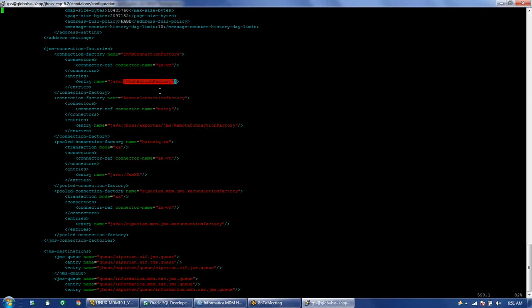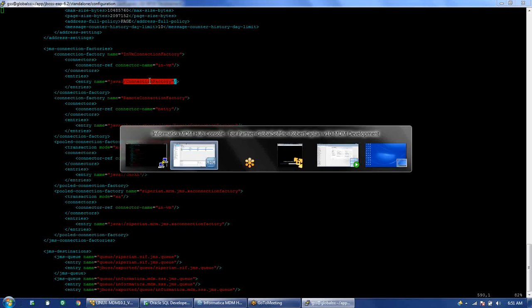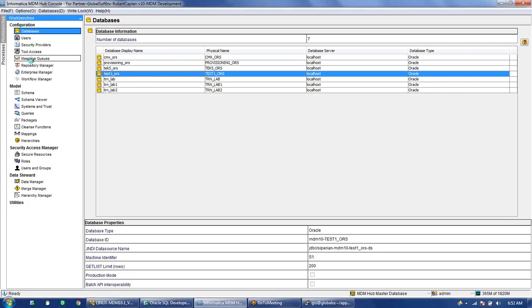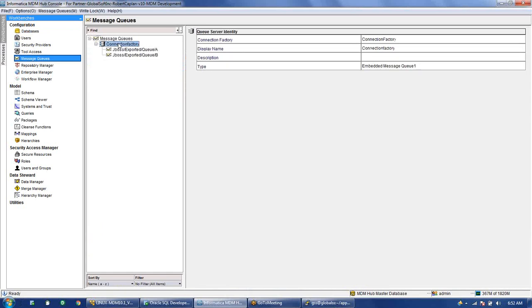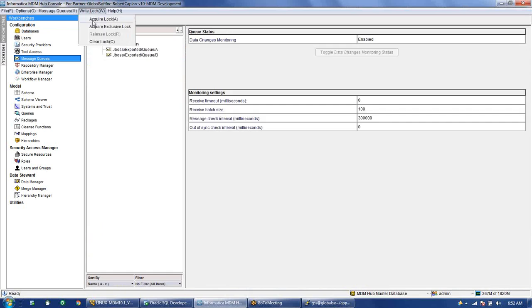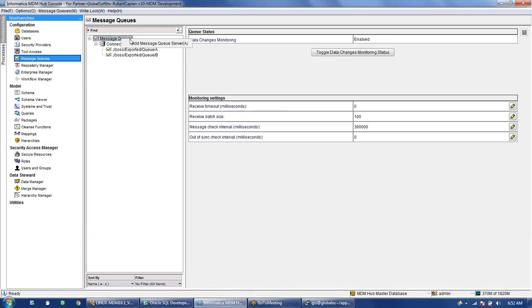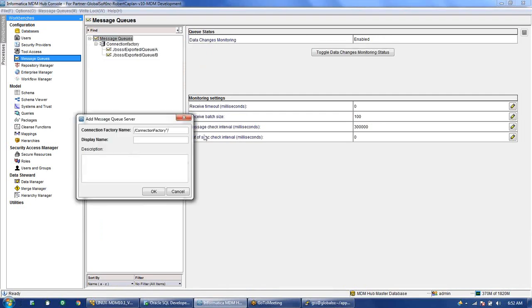I am using this connection factory. You have to copy this connection factory name, come here in the MDM console, go to message queues, and right click, add connection factory. Add connection factory basically adds a message queue server. We have to paste it here, as this is my connection factory name.